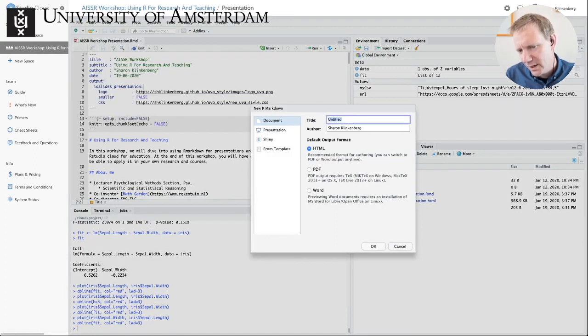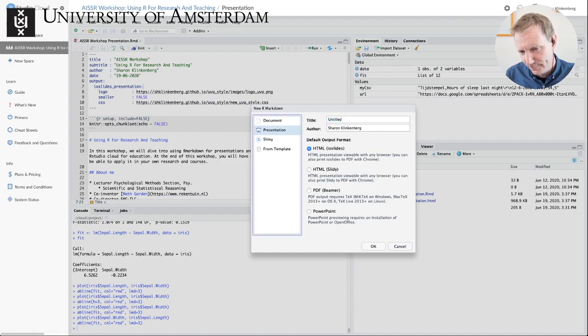and it will also ask you what kind of output format you want. So do you just want HTML or PDF or Word? It will also show you the option to create a presentation. And for my presentation, I opted for HTML IO slides. But there are also other options. You could even create a PowerPoint based on these results. So if you go just for documents,